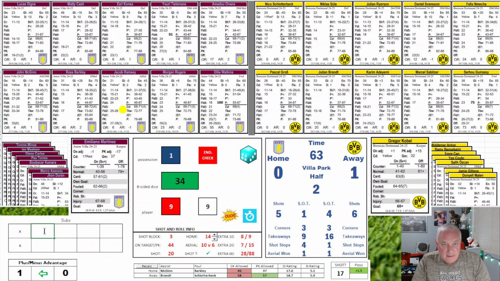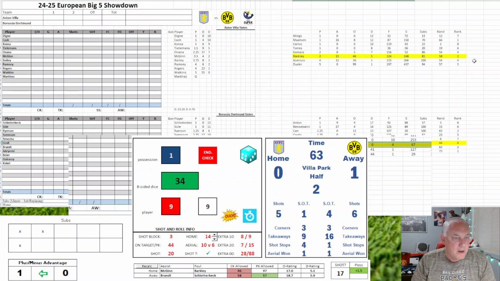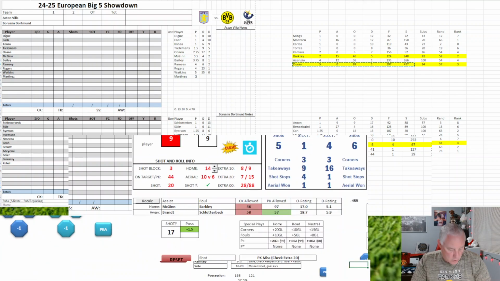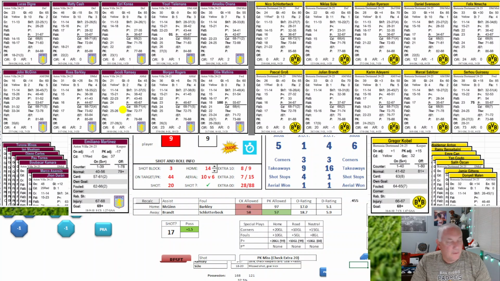And they're going to make their second sub. And let's see who it's going to be. Ramsey's a 4. So that is a 3.75 to 5. And they're going to get what they want. So Duran is coming in. That's what we wanted to see. His ranking is a 3, so he gets the call, gets the nod here. Duran for Rogers? Or Ramsey? For Ramsey. Yes, okay.